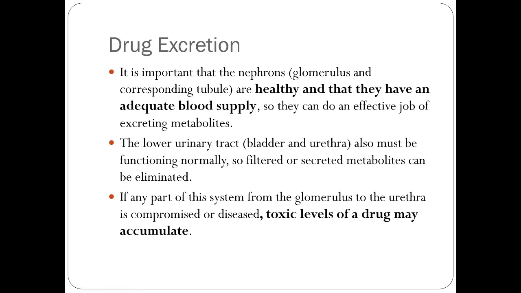It is important that the nephrons, glomerulus and corresponding tubules, are healthy and that they have an adequate blood supply so they can do the effective job of excreting metabolites. The lower urinary tract, bladder and urethra, must also be functioning normally, so all of that can be eliminated. If any part of the system from the glomerulus to the urethra is compromised or diseased, toxic levels of the